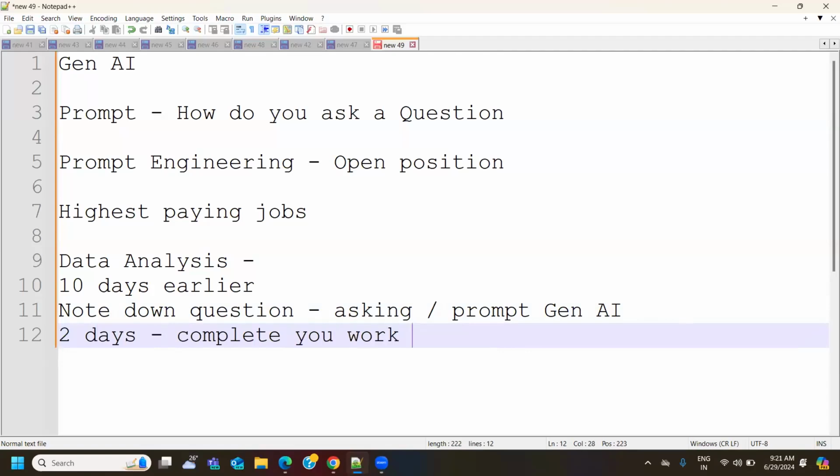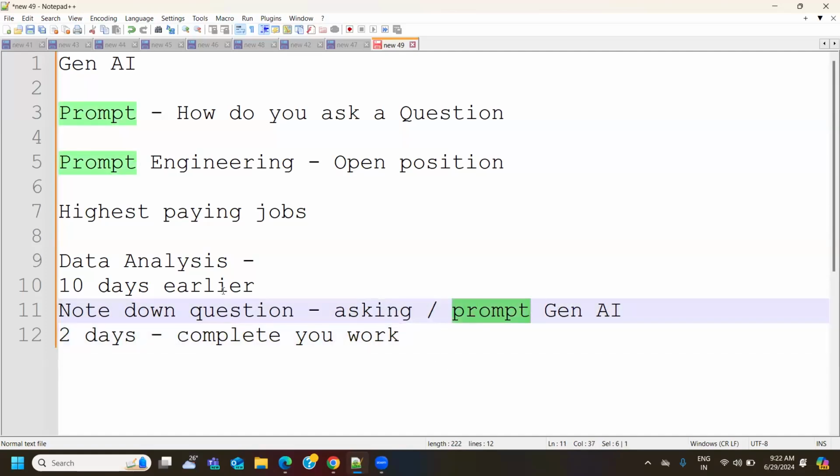Right? So here, have you ever felt that individual presence is gone away? Because the data analyst is the one who is asking a question. The client will never directly go and ask a question to Gen AI because he doesn't know anything about technical tools. The client knows about business. We know about technical tools. We also understand the business and we give some solutions. So I'm not saying there is directly Gen AI answering the question. It is how you ask a question. Depending on that, Gen AI will answer that question.